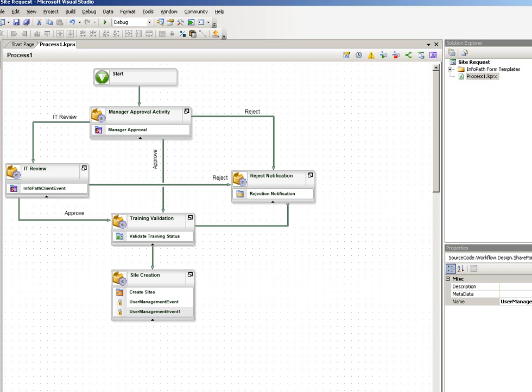In this case, we start off with a user submitting a form requesting a site. It also goes to their manager for the initial approval, just as a sanity check. They can reject it, which will email them a notification. They can go to IT review, also as a sanity check, or they can approve it, which the next step